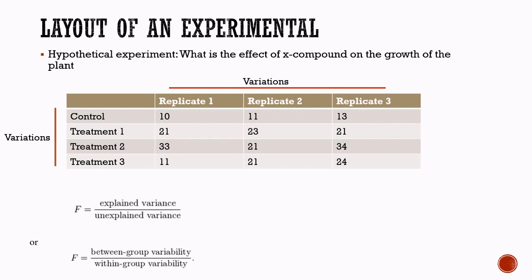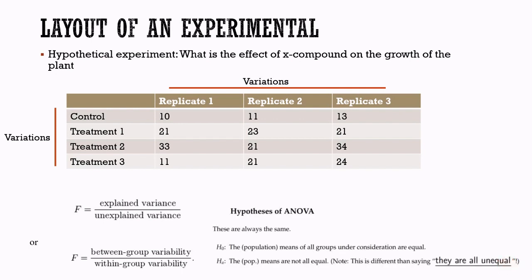So in this experiment we can formulate two hypotheses: the null hypothesis, which says that all the values are equal, and the alternate hypothesis says that all the values are not equal, they are different. So what is the concept of using the ANOVA? ANOVA basically tells us whether the treatment has caused any variation in the plant height or not. So is there any difference between the values of the treatment or values of the control?